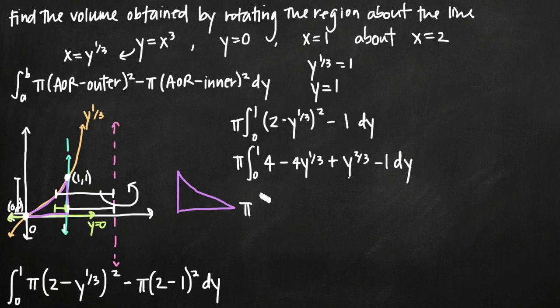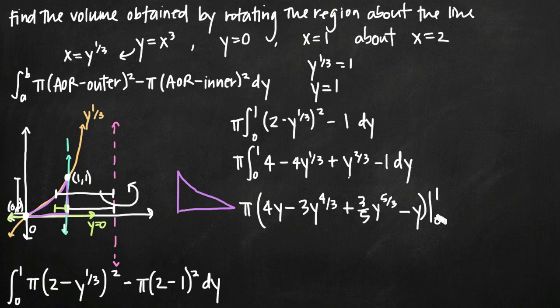And now we can go ahead and take the integral. So we'll get pi times 4y minus 4y to the 1/3. We add 1 to the exponent and we get 4/3. We divide 4 by 4/3, which is the same as multiplying it by 3/4. So we get 3y to the 4/3. Then we have y to the 2/3. We add 1 to the exponent and we get 5/3. We divide by 5/3, so we get plus 3/5 y to the 5/3. And then minus 1 just becomes minus y, and we're going to be evaluating that on the limits of integration